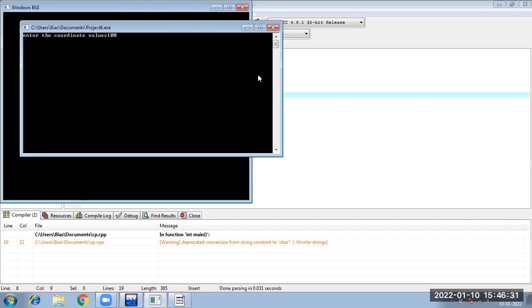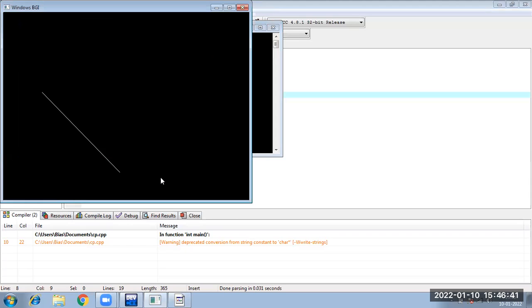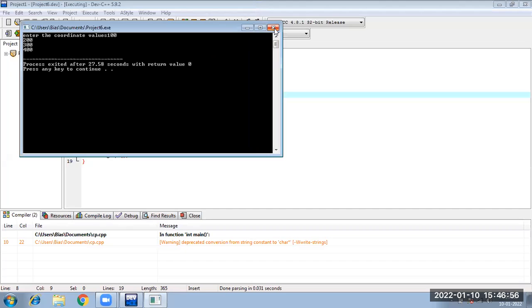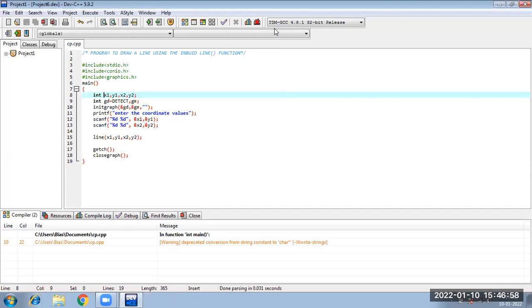So 100, 200, 300, 400, x1, y1, x2, y2. Suppose these are the values which I have specified. Okay. So this is the line it has drawn. I have given some other value as my line. So this is how the line function works.